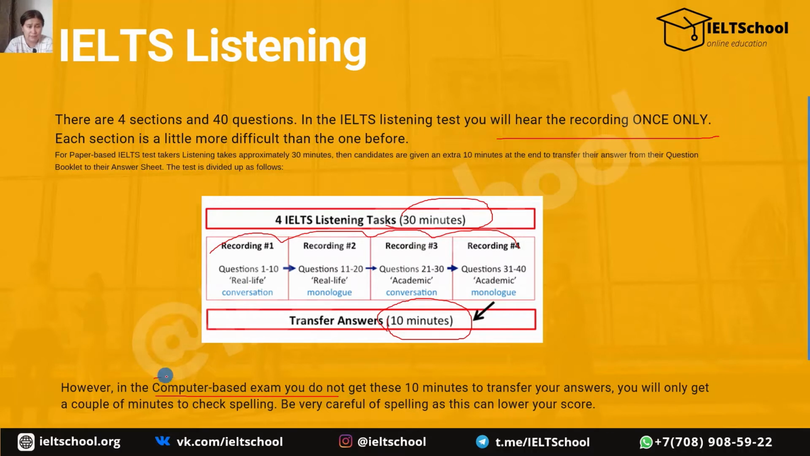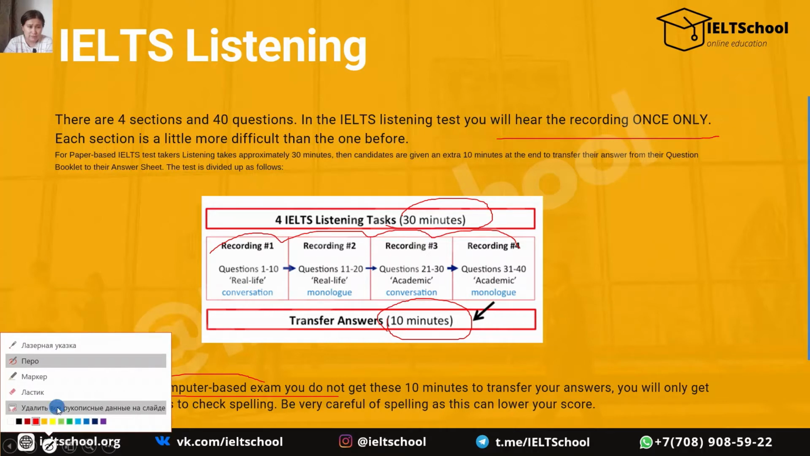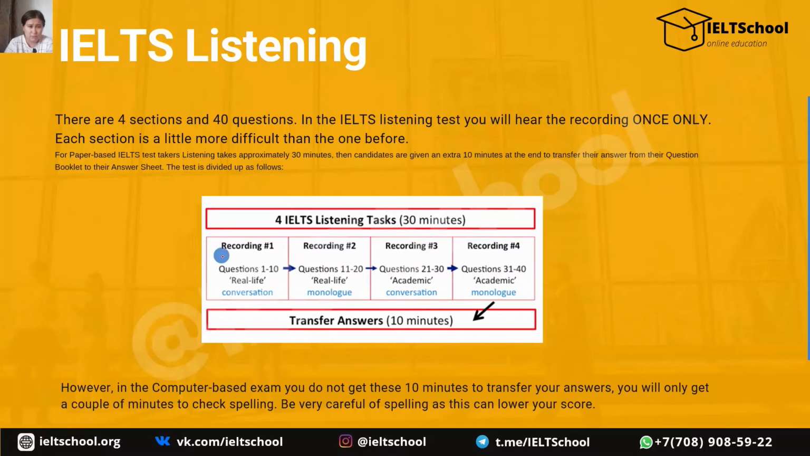In computer-based IELTS, in the listening part, let's look at each section of listening. The first and second parts will be easier compared to the third and last parts, because in the third and last parts you will hear an academic conversation and an academic monologue. That's why you might find it difficult, because you will hear academic words. If you're having trouble understanding what they are saying, if you're not familiar with academic words,